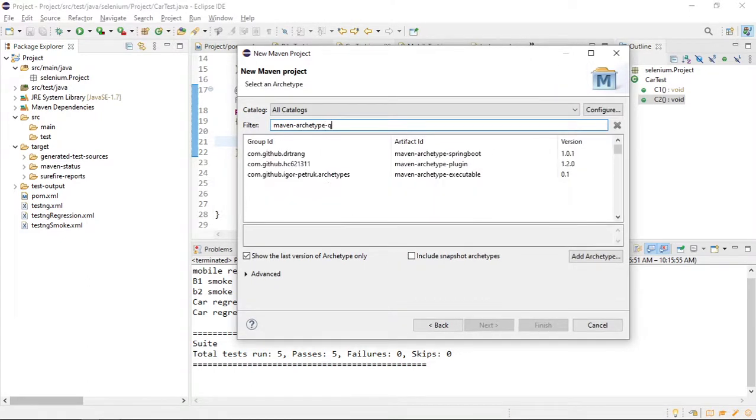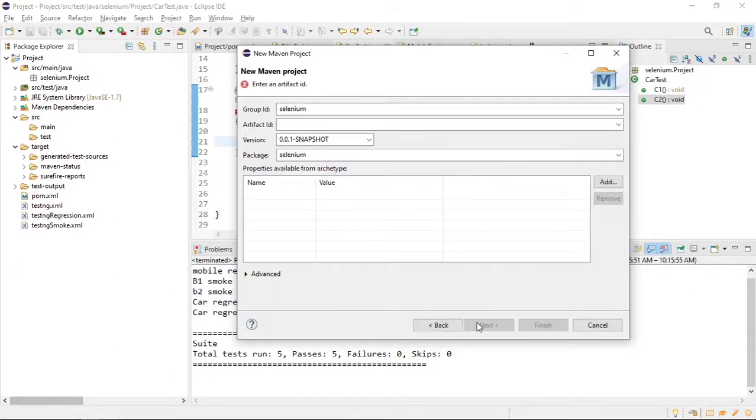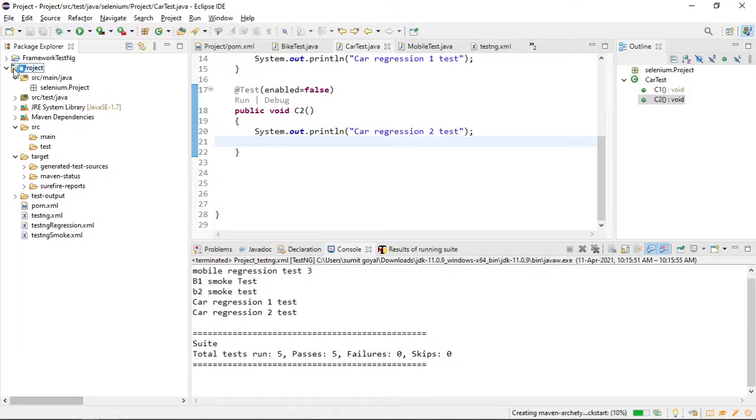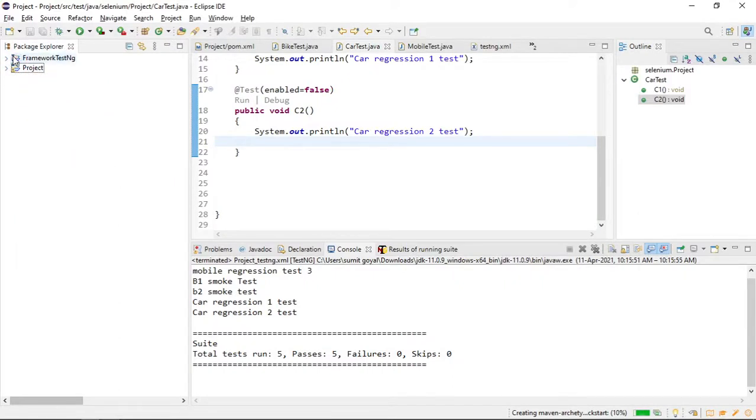This is the template we are going to work on. Whatever name I give here will be my project name. After that, click on finish. So this is our other project. If I open this,